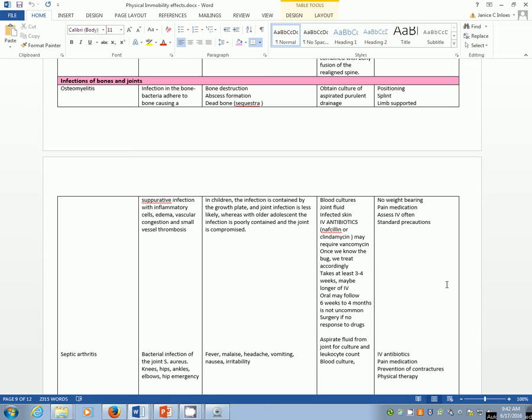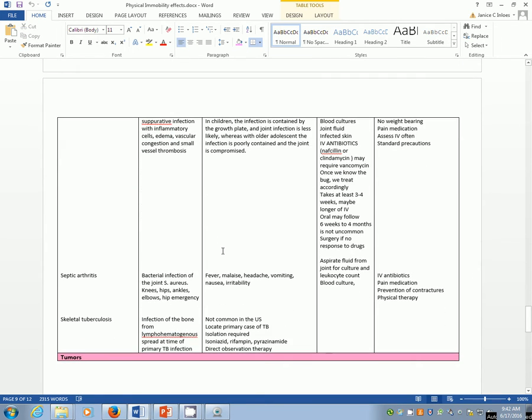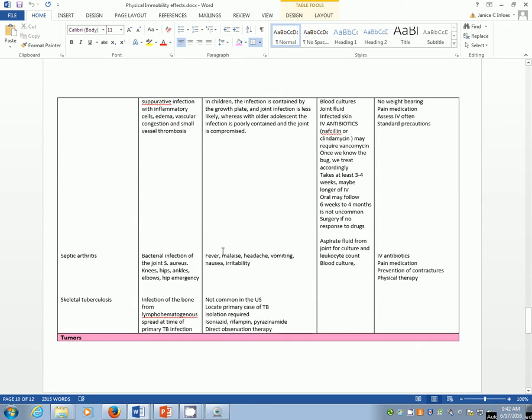Be sure we're assessing our IV site often if they have a peripheral, and of course doing our PICC line dressing changes as we need to do those. And we use standard precautions, make sure that we don't infect them anymore, and we don't get anything spread from there. With the septic arthritis, we have,